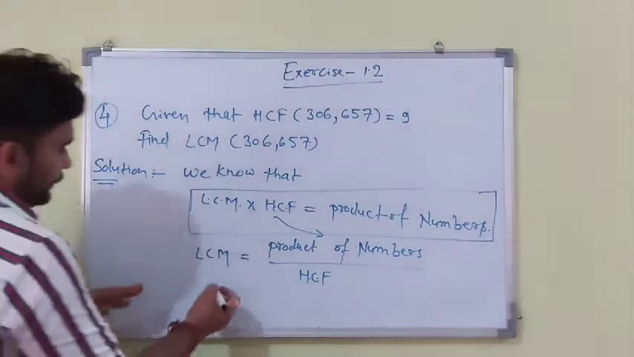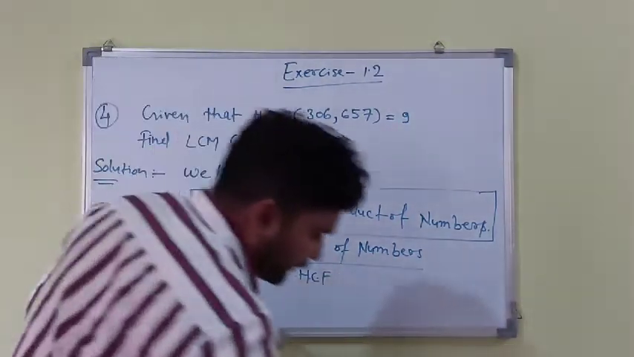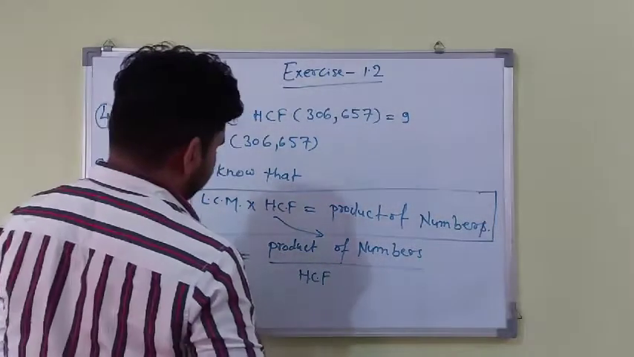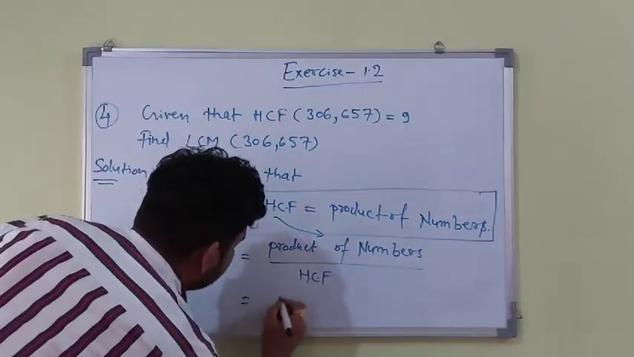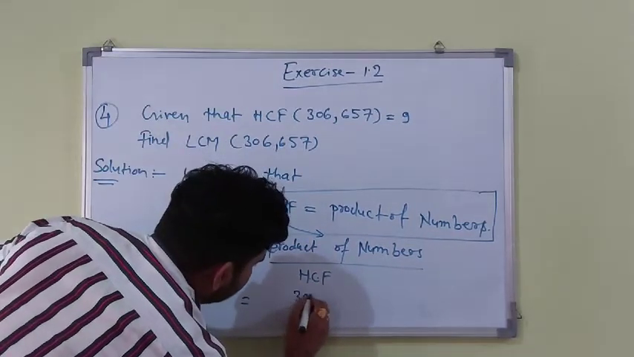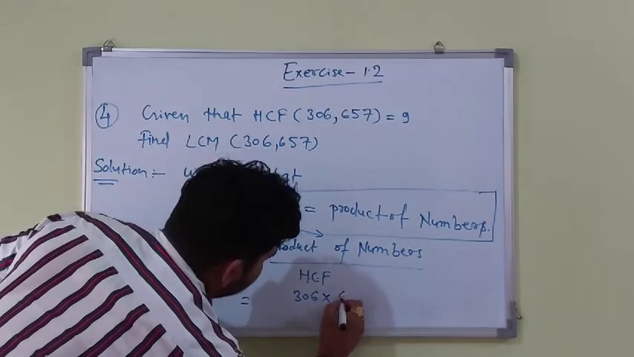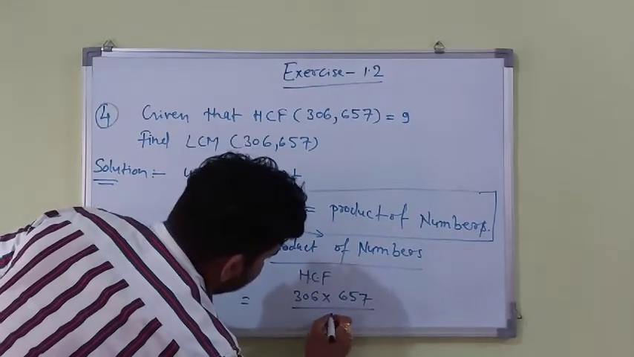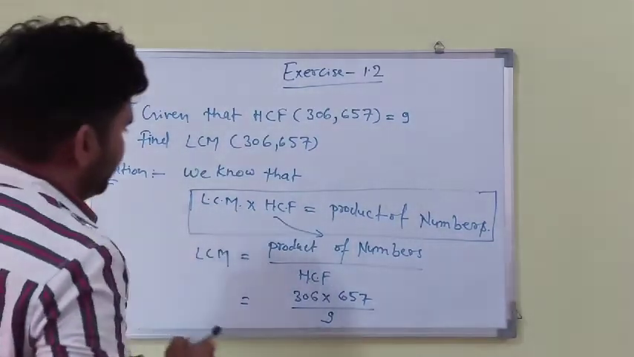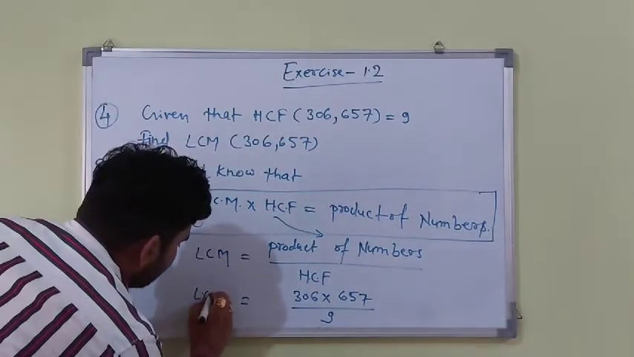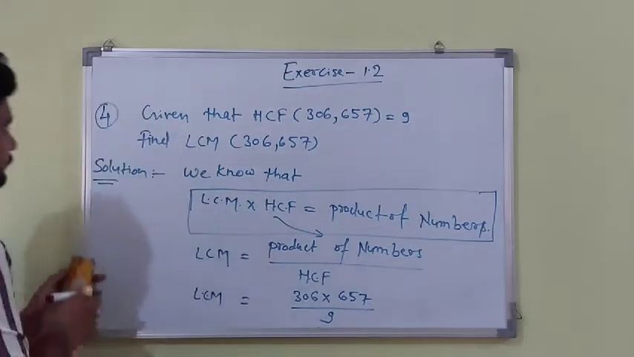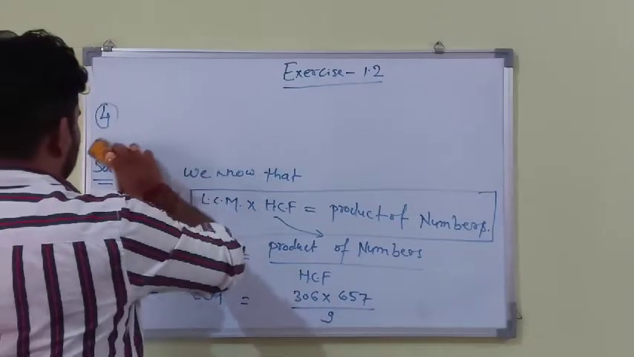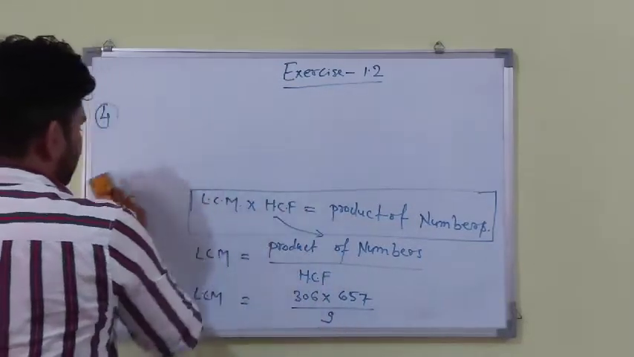Okay, so at this time, first erasing some numbers. So first write it here. Product of numbers is 306 multiplied by 657. Given HCF is 9. Okay, 9 is given here. So that means LCM is 306